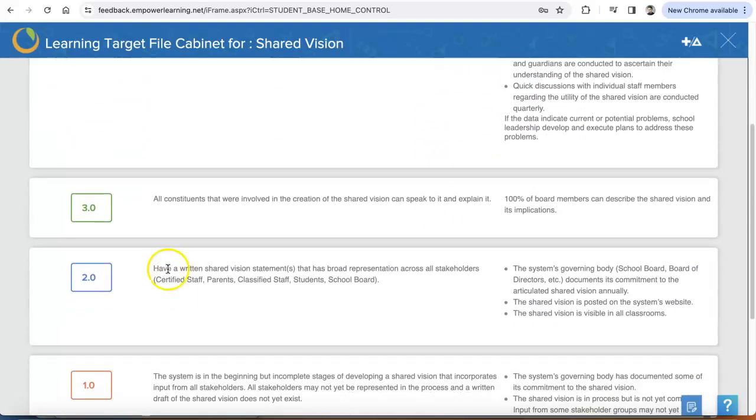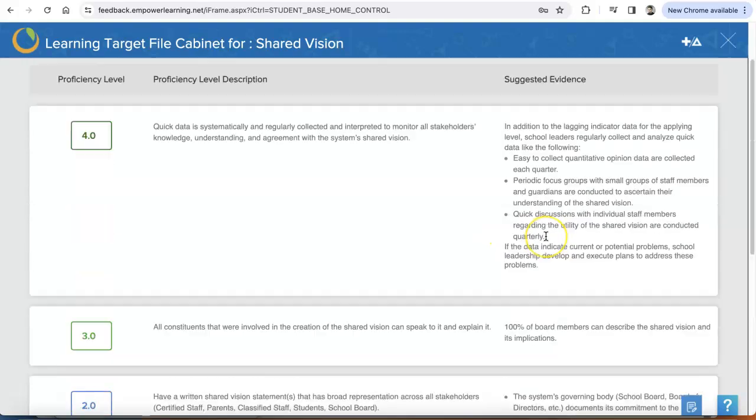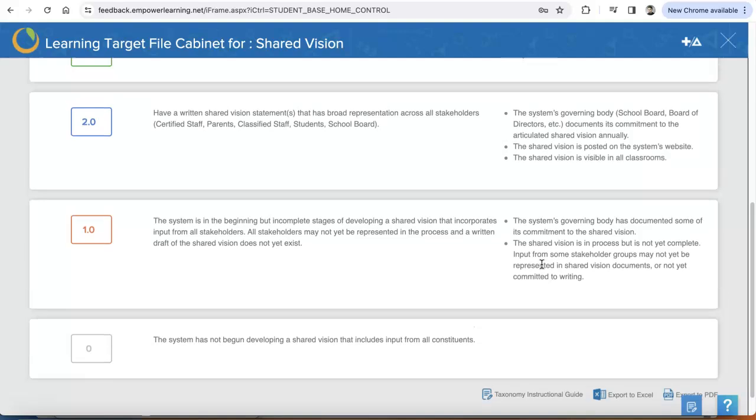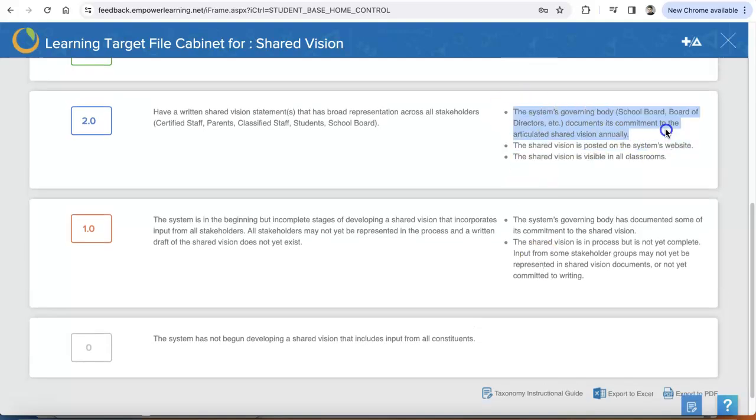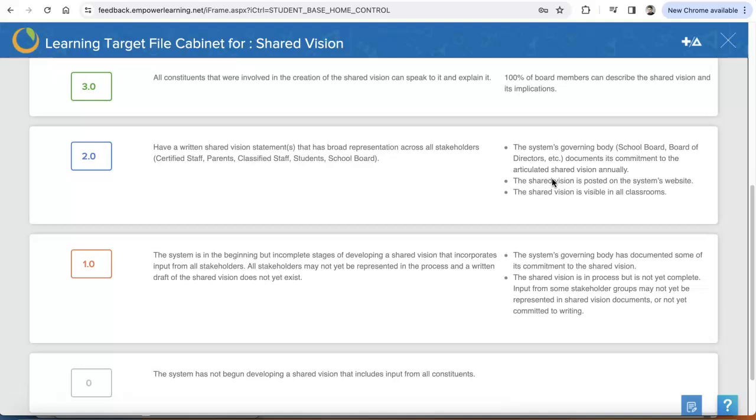Every one of these milestones of achievement or learning is also coupled with a set of suggested evidence of how you might be able to gauge and understand this particular goal a little bit better. Now, every one of these has a proficiency scale, which is excellent. And we know that a proficiency scale sets the guidelines and the expectations, but it really doesn't do much by way of instruction or